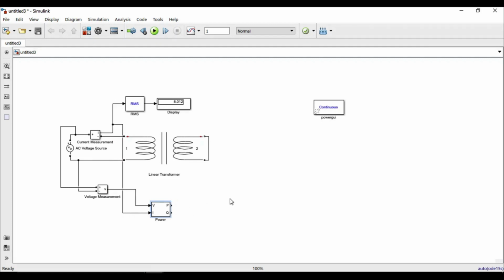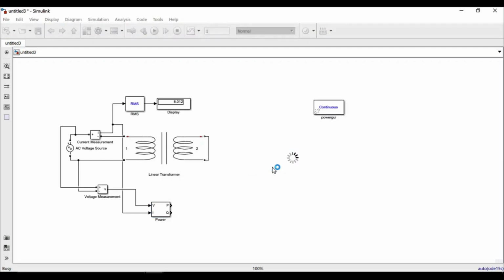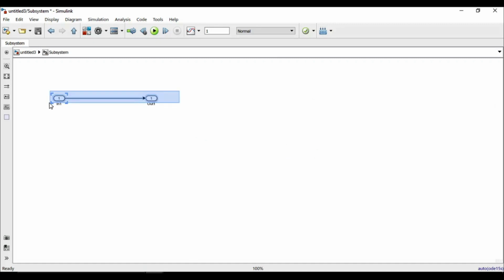So now I need to perform certain calculations on these three values, that is power, current and voltage, and for that I'll be using one more block, that is a subsystem. Subsystems help me to perform these calculations without complicating my original model. So let me enter this subsystem. Since we have three inputs, I'll change the number of inputs to 3.